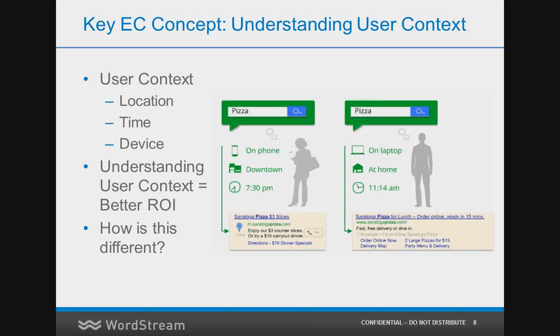And so you might ask at this point, how is this any different from before? And I think you'd have a good point, because geo-targeting and day parting and device targeting were all previously available in AdWords. But unfortunately, in order to take advantage of these more sophisticated mobile advertising features and strategies that are required to be successful, such as device targeting and geo-targeting and so forth, advertisers would have to take on an exponential amount of additional campaign management complexity,